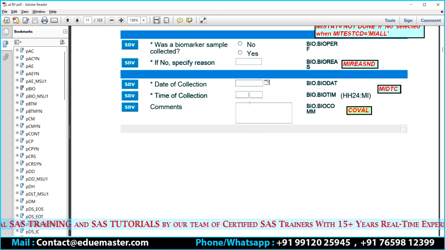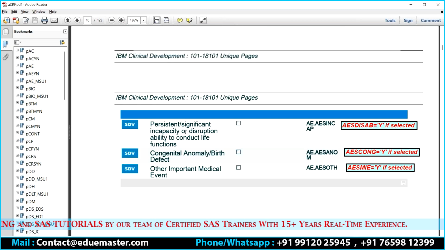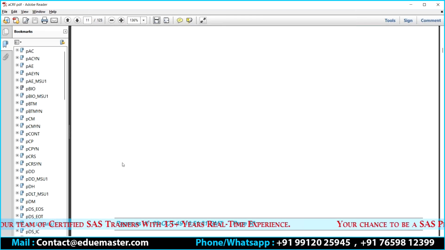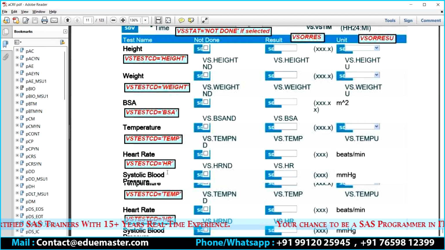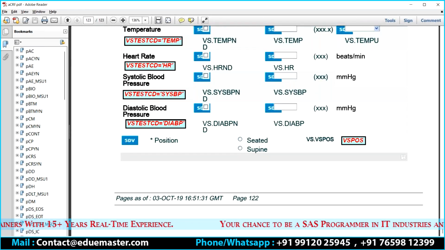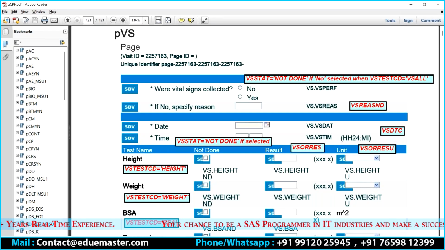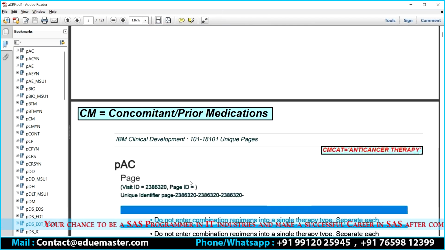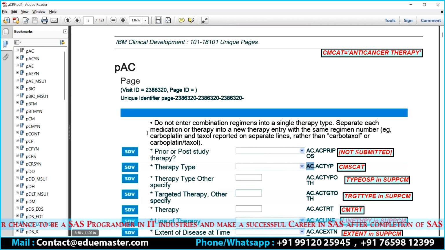What's SDV again? This is the label. I'll give this information later. This is nothing but the label. You're going to have this throughout, not just here. This is nothing but this particular study's details name, so that's the reason you're going to have the same name throughout. This varies from one to another, so we don't need to worry much about it. All we need to worry about is that we need three things.